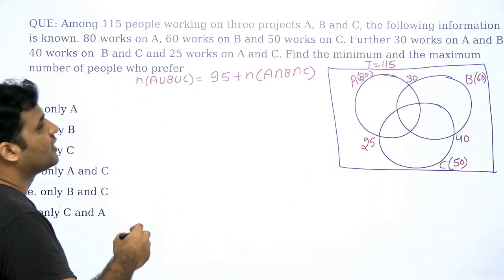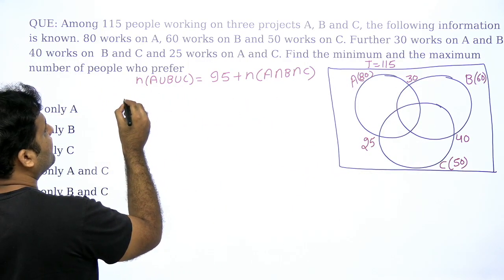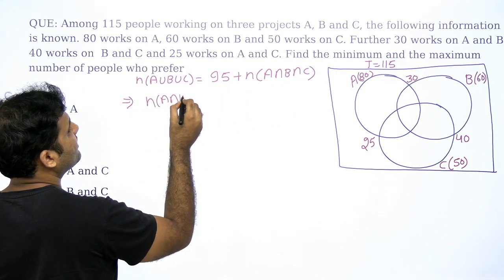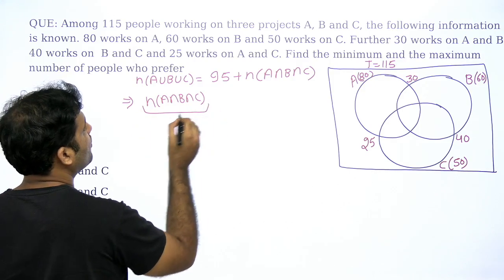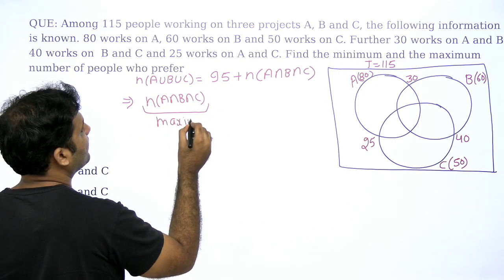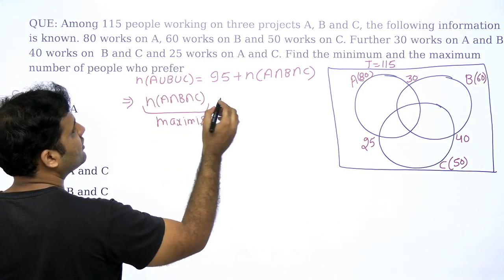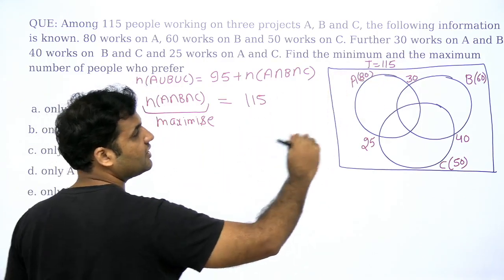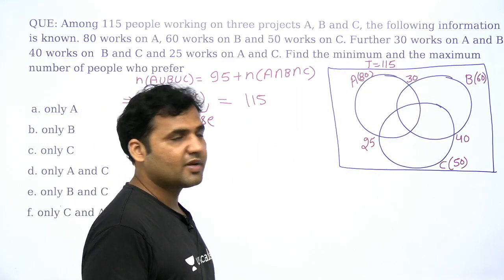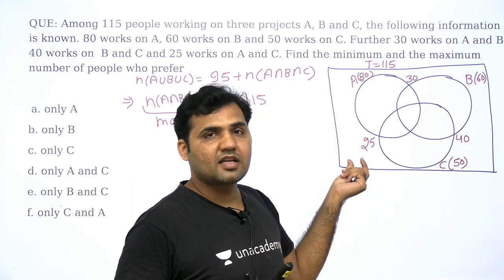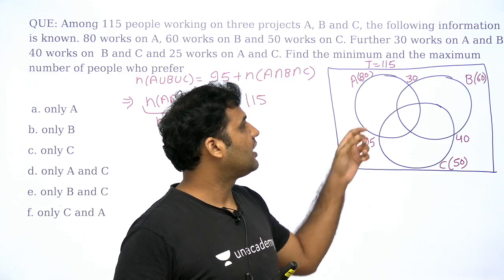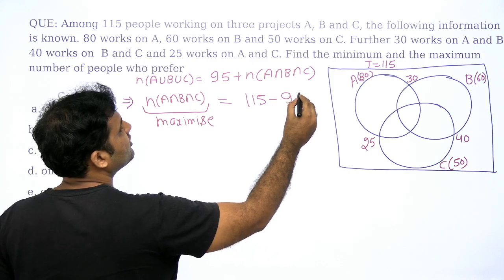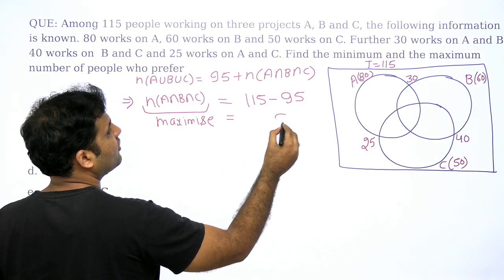Now, the last part that we have covered is, if I want to maximize n(A intersection B intersection C), then you have to maximize this also, and the maximum possible value of this is 115. As you can see, total 150. If you want the union of sets to be maximized, you will assume that 0 students are working neither on A, neither on B, neither on C, and all 115 is a union of sets. So this is the maximum possible value. So the maximum possible value of A intersection B intersection C will be 20.